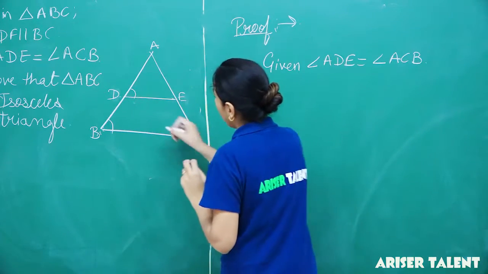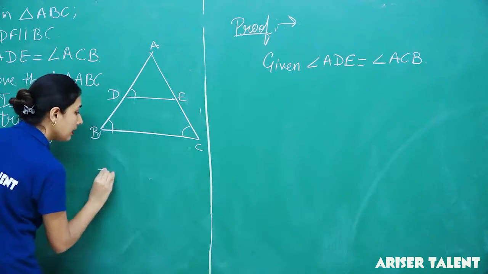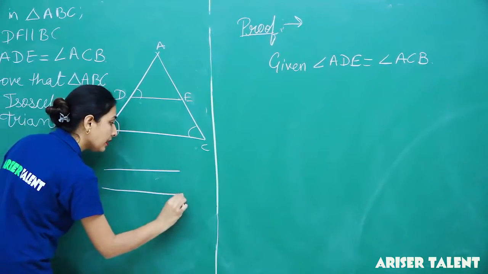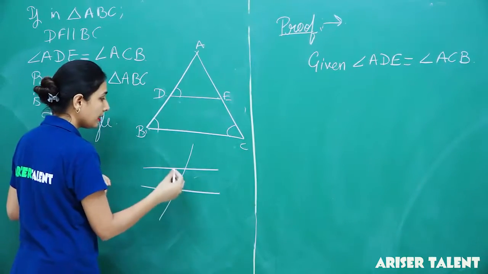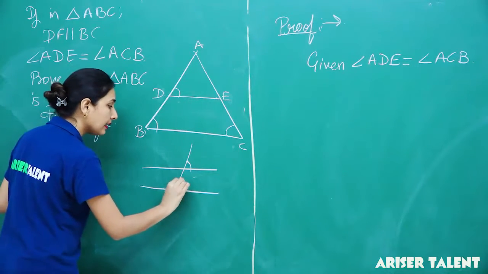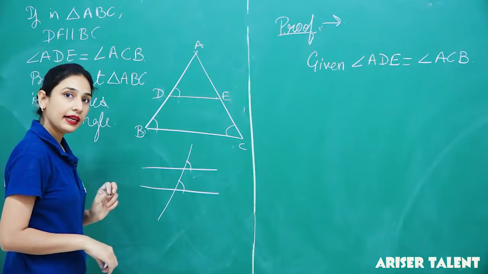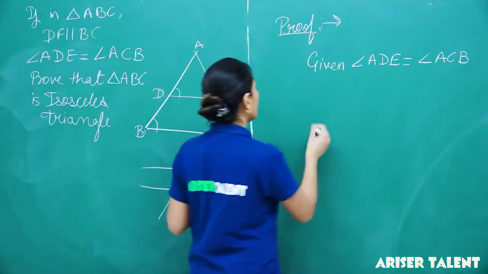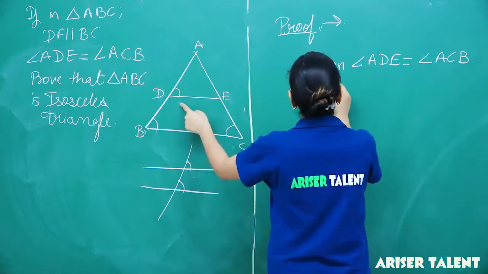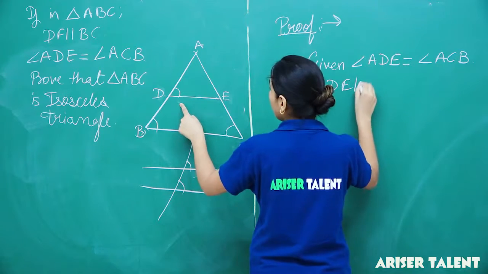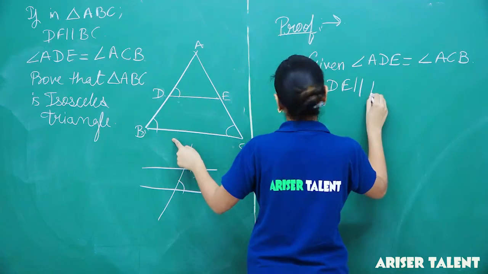Now if this line is parallel to this line and a line is cutting both the parallel lines, then we know that this angle and this angle are equal. So, as DE is parallel to BC,